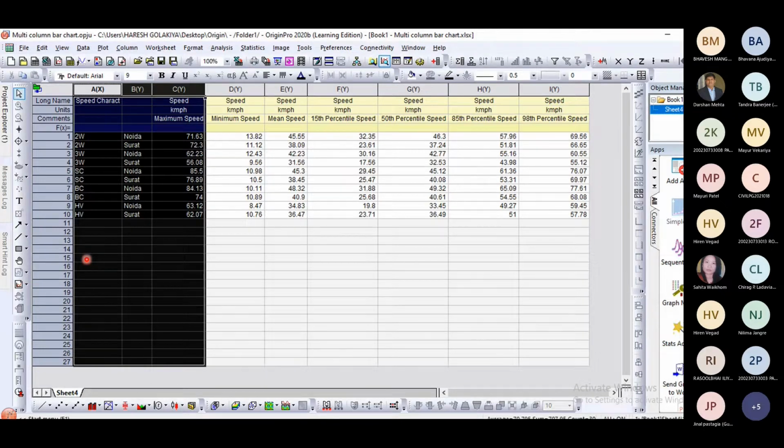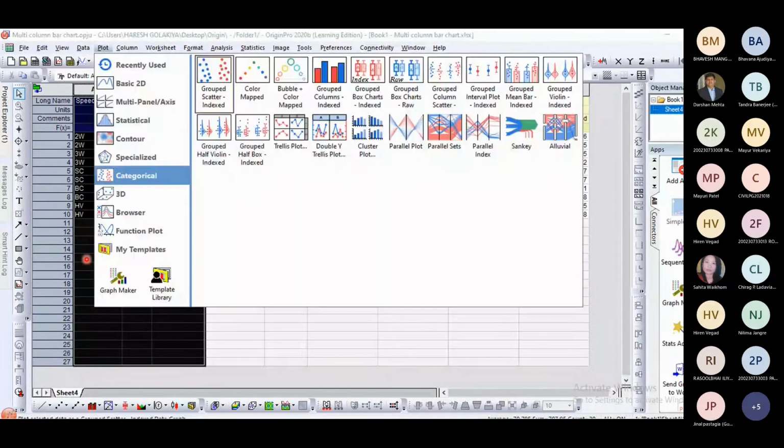First is X. On X we want to take the category of vehicle. On Y we have selected the location, and third, maximum speed. We have to select the plot category because we want to make a categorical plot.